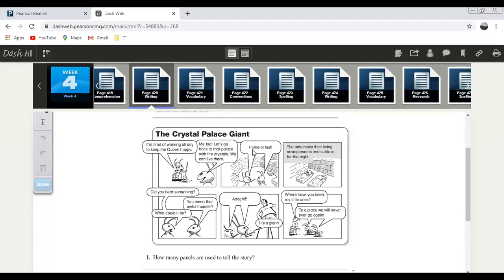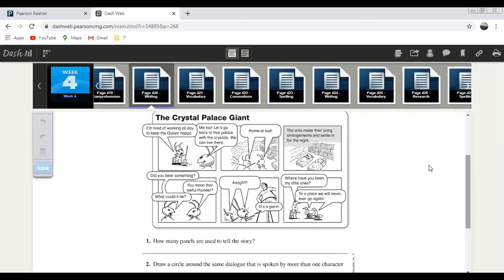Sometimes when the characters say the same word, the same sentence, what will they do? They will draw a box or a chart at the top of their heads, and the arrow will go to both their mouths, like this. "Home at last." The two of them said the same sentence. Here, we do not have an arrow on this picture, right? So what will we say about this picture? That the narrator is talking now.